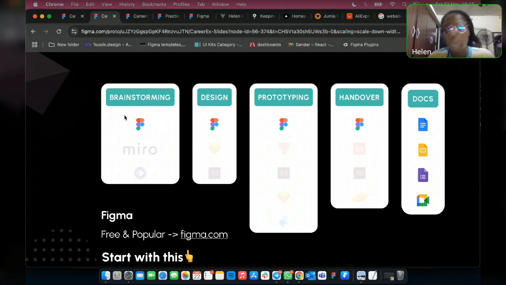You're going to use FigJam for brainstorming. You're going to use Figma for designing. You're going to use Figma for prototyping, and you're going to use Figma for handing over. So for brainstorming, so I'm going to